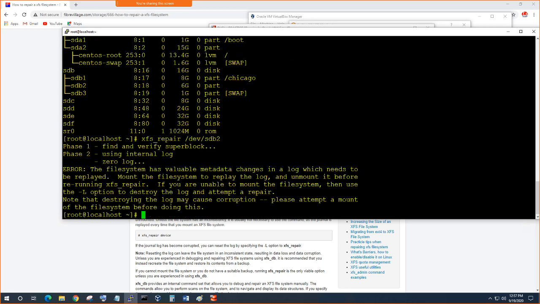So what it says: find and verify superblock, and the file system has valuable metadata in the log which needs to be replayed. Mount the file system to replay and unmount it before running it. Okay, if you are unable to mount the